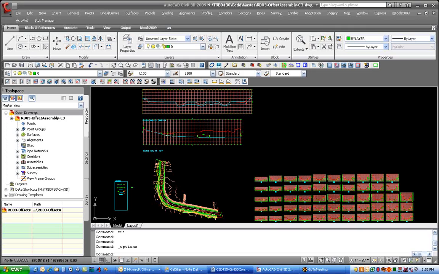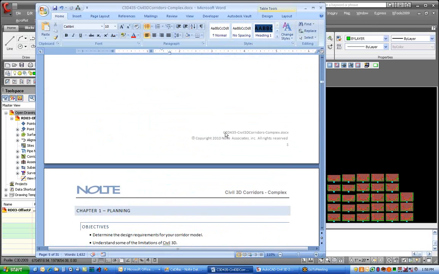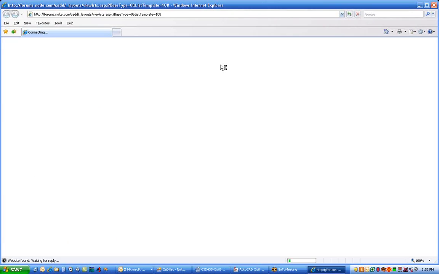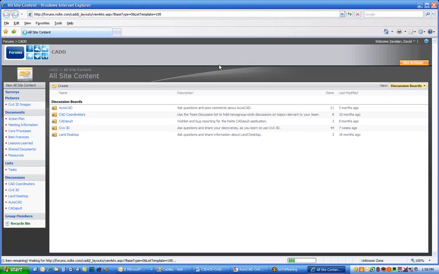I want to start off and point out I am making a new class handout. Let me pull this up, see if I can fit this on this monitor. All right, and the class number is, did I get the right one here? Yeah, C3D 435. I'm doing Civil 3D corridors and making one called Complex, and there's already a simple corridor document, but this is actually going to be available through the forum web page. Let me show you where this is. Everything I'm working on stays in the shared documents folder here,